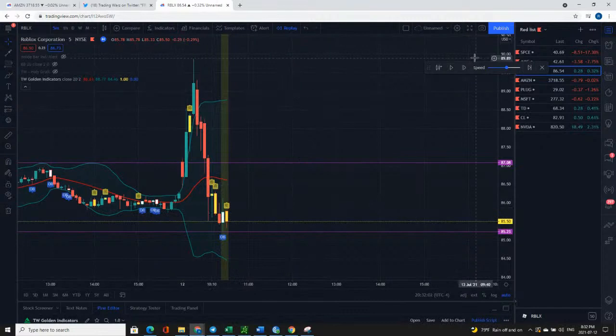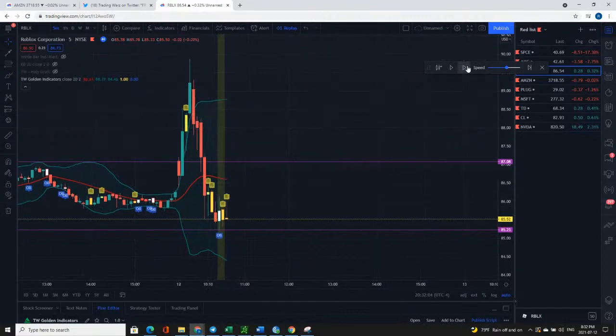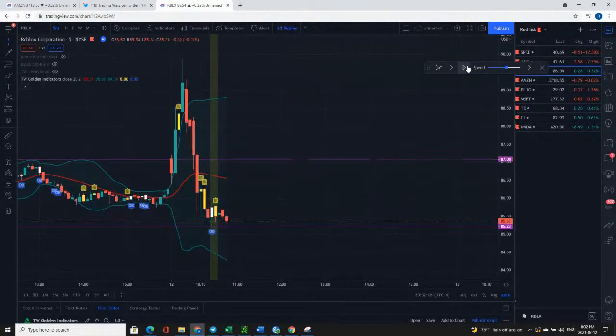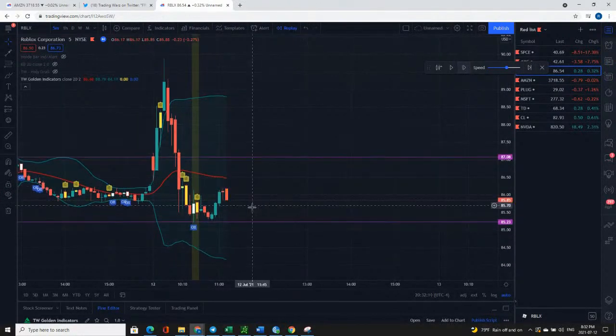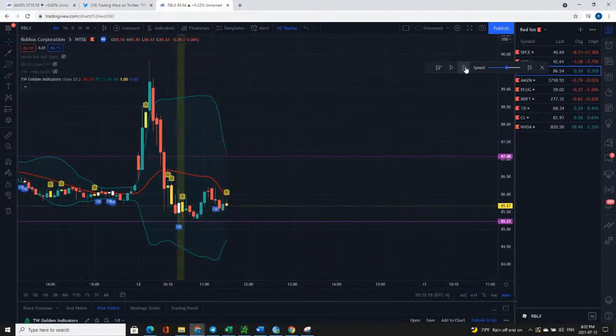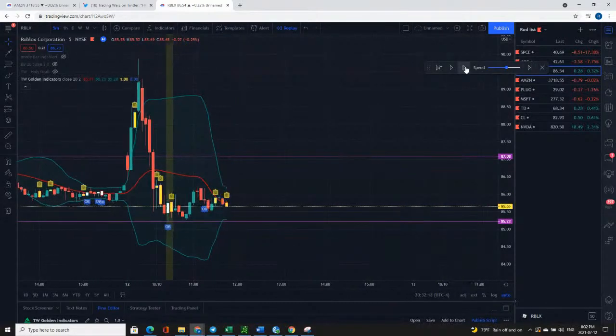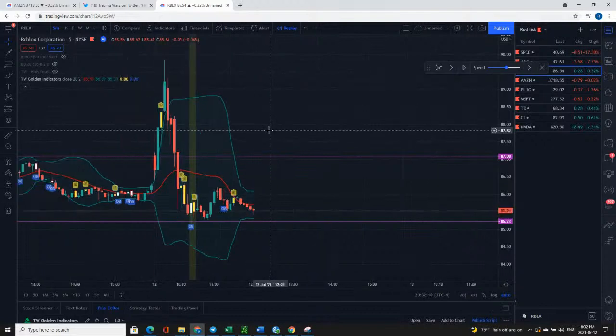And then now we have a holy grail pattern actually set up. Let's see how this one goes. Okay. And this one was just basically chop. So, you know, it depends. If you had your stop loss down here, you might have still gotten it, but you're not going to win every single trade. So this is good, because everything looks like a winner. It's not. Okay. So if you took your plays here, you made your money, maybe you try a little bit down here. If it doesn't work out, move on.